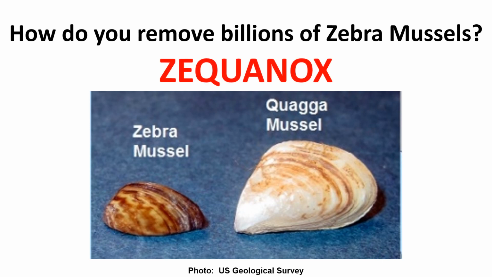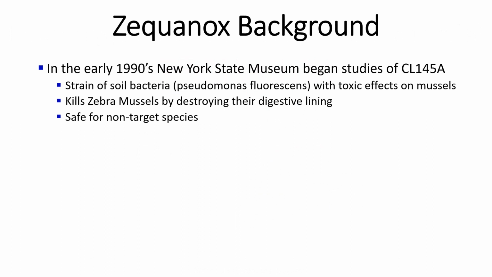waterways? Well, one approach has been to make use of a substance called Zequanox, a trade name given to a bacterium extract referred to as CL145A, which was discovered in the 1990s as a soil strain of bacteria with toxic effects on zebra mussels, specifically by destroying their digestive lining. At the same time, it remains naturally occurring, just a form of soil bacteria, but it also is safe for